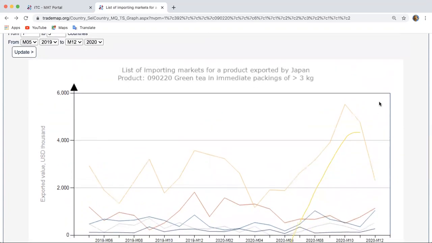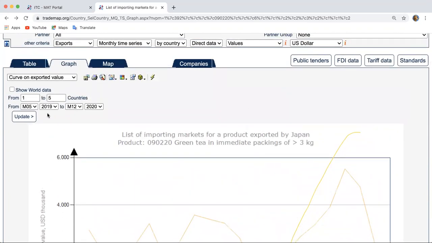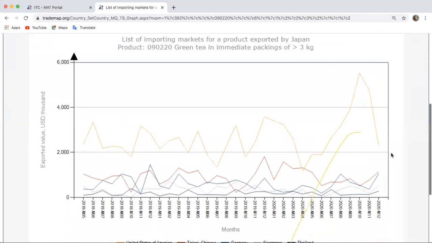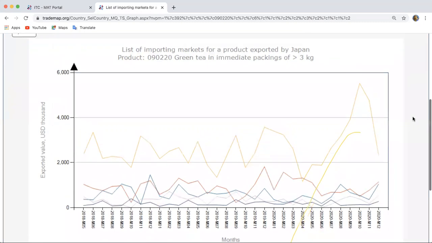So I'm not sure if I'm seeing any patterns here. Maybe not. I can go back to 2018 to see if it was similar during that year. And we can see that this peak in 2020 does not show up for the year before that. There are some peaks, but I don't see any seasonality in this data. But it could still be interesting. It's also very different across different importers. So in this case, I'm not seeing any seasonality, but for example,